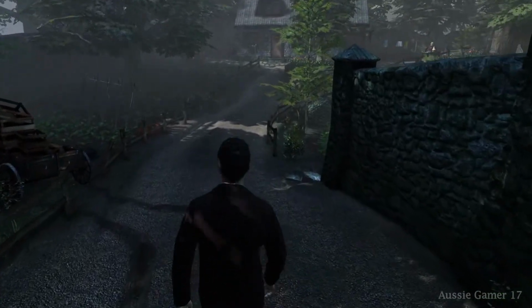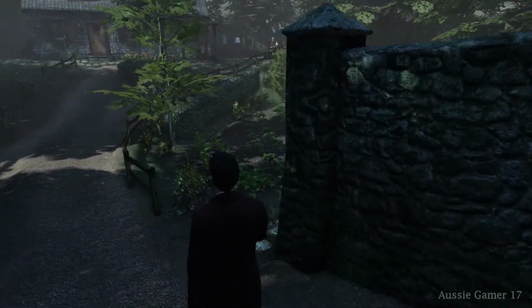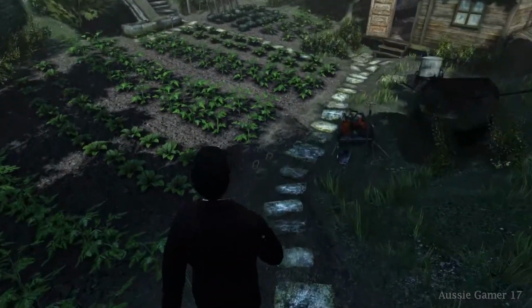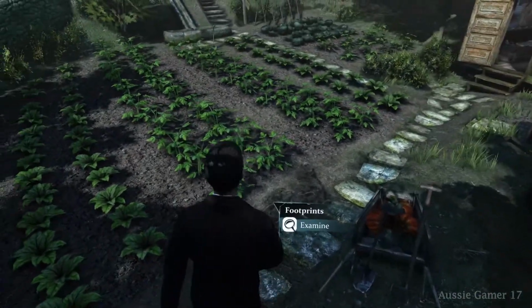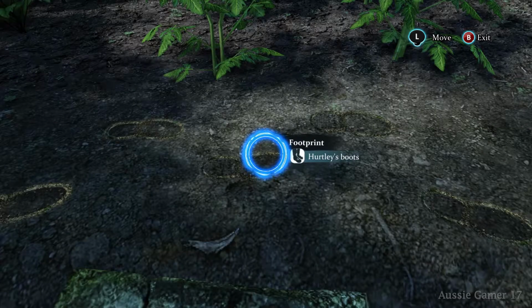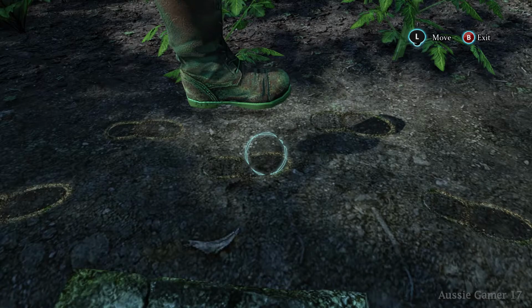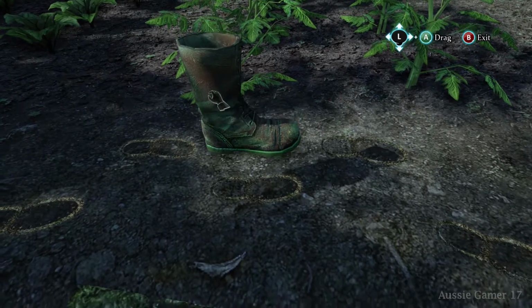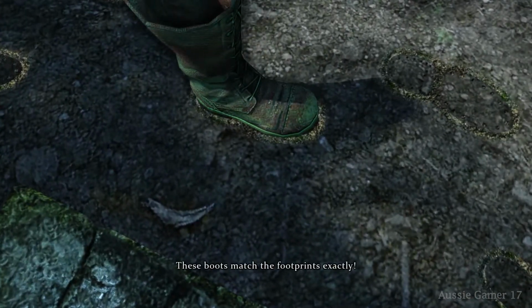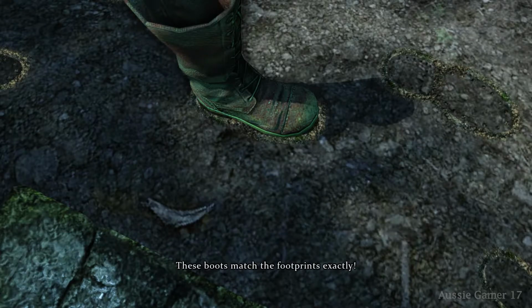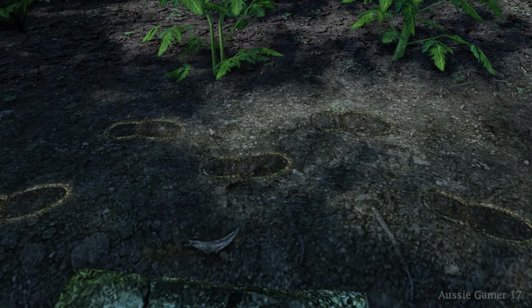Okay, so head straight to the footprints. You could also examine the garden again here if you haven't already. All right, examine the prints with the boot. Drag the boot down onto the print. These boots match the footprints exactly. Okay, so we found our